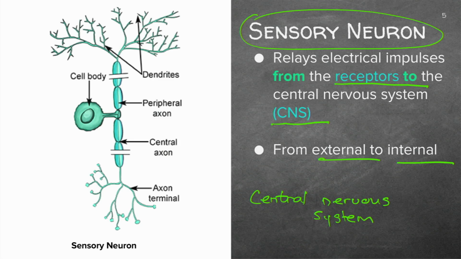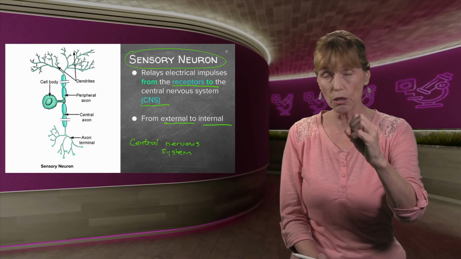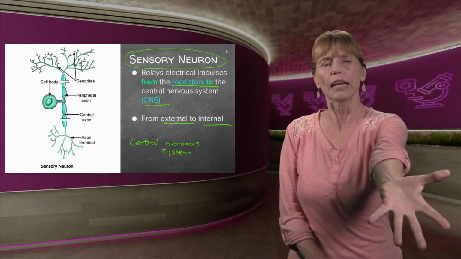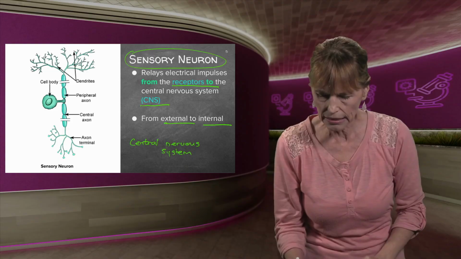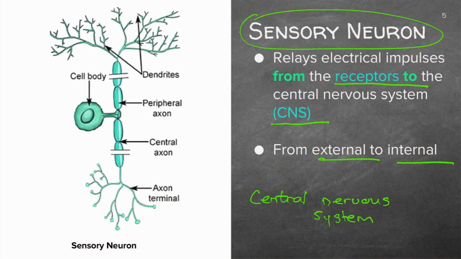nervous system. Right, sensory, please write this all in your book. Check and see if your textbook, usually it's very good in the textbooks. Sensory, outside, relays it through, in. And that is from external to internal.